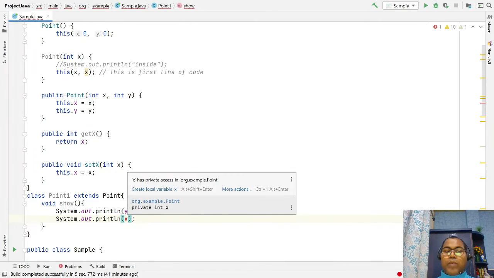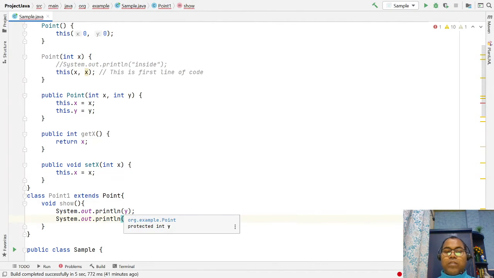X is private, but y is accessible. This is the protected data member.